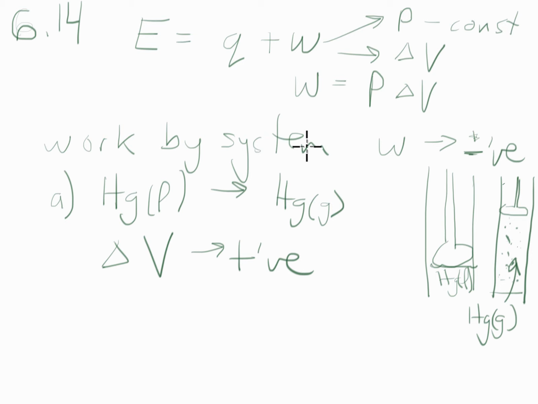Okay, but what they're really asking is the work done by the system? So in this case, the work would be done by the system. And therefore this work term would be negative. Okay, the sign of the work term would be negative. All right, so if we move on to part B,